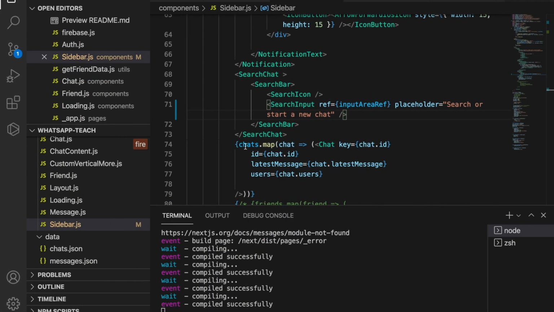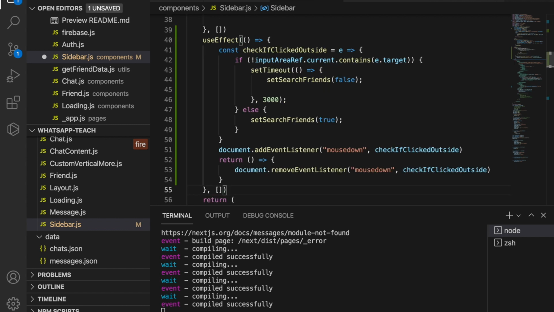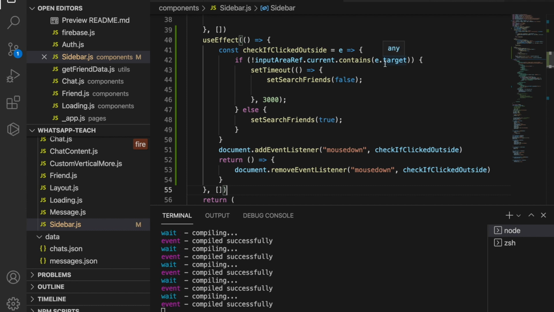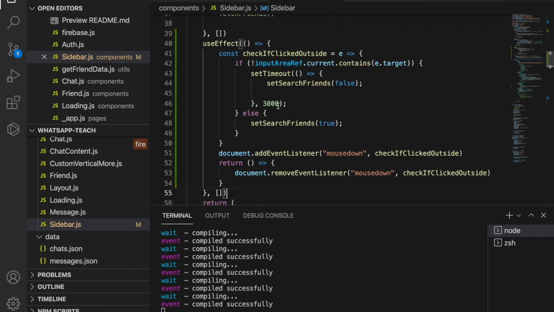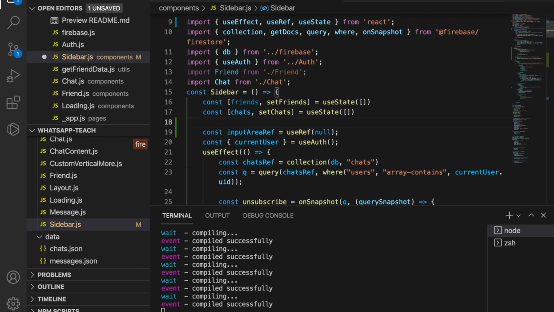And then we go back to the sidebar and go to the top and add another useEffect to check if the input area contains the user click, which means if this is not inside the input area, we should set the search friends to be false, and it just lasts for 3 seconds. And if this is clicked inside the input area, then we set the search friends to be true. And let's see whether we have created a state. So we create a useState, and then we set searchFriend,